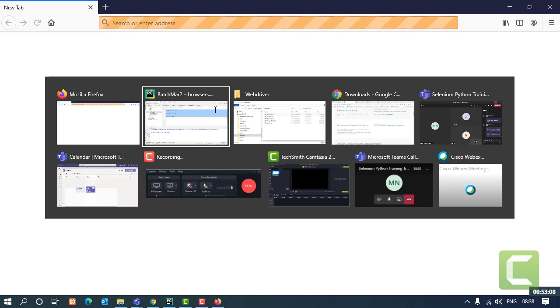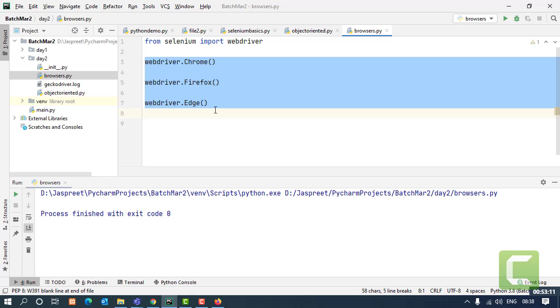That has maybe been deprecated because Edge has been updated to Chromium-based Edge. So because of that, this change is not applied yet. So if you want to automate Edge without passing the path, do rename it. Okay.